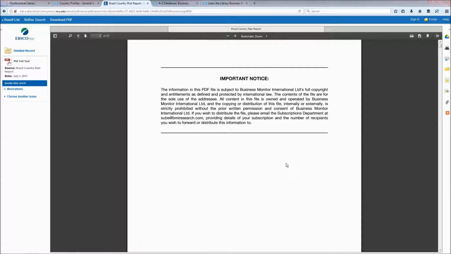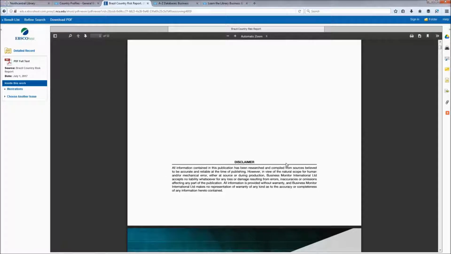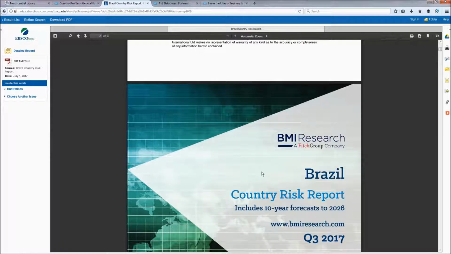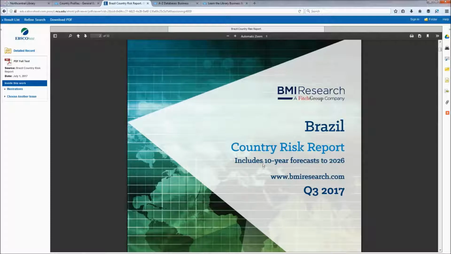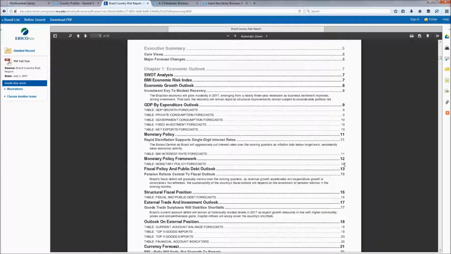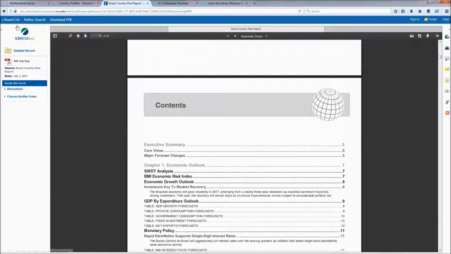All of these reports are published and compiled by business-specific publishers. In this case, we're looking at a report from BMI Research. And this is a country risk report that includes a 10-year forecast to 2026. And as we scroll down, we'll be able to get a table of contents that shows us how exhaustive and comprehensive this report is. If we go back to our results list,